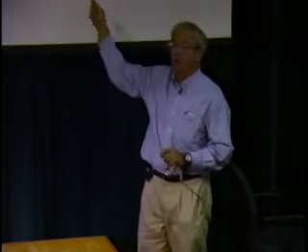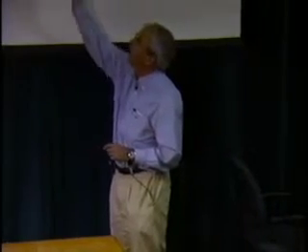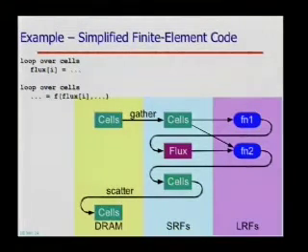So we fire off kernel 1. It produces the flux. It produces it into the stream register file. Once it's done producing the flux for this block of cells, we fire off kernel 2. It updates the cells. And notice that kernel 2 also has everything it needs on chip. The flux is there, and the cells are there, so it doesn't have to go out to memory at all. And then finally, we'll scatter the cells back to memory. Now, there are two ways that this wins over a cache. I'll go into this in more detail. Probably the most important is the flux never touched memory.